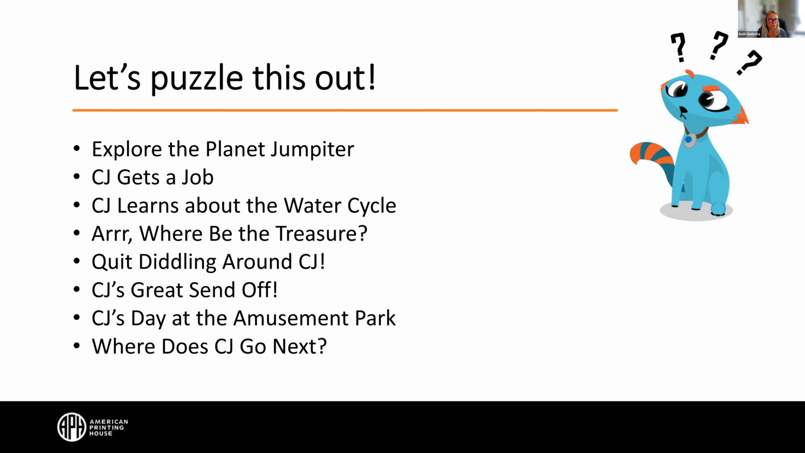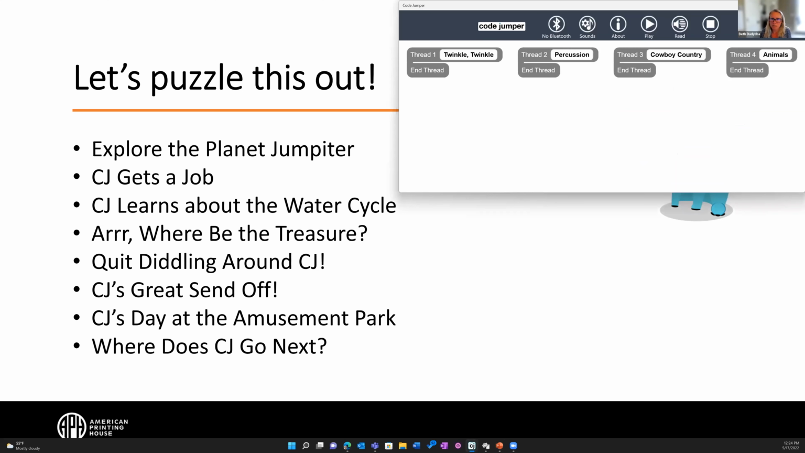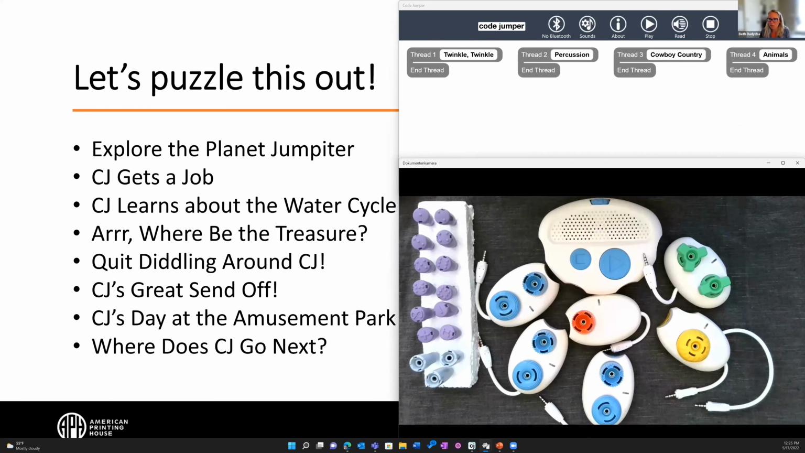So today we're going to show very quickly, we're not going to get to go in great depth about CodeJumper itself. We just want to show kind of a high level of how these puzzles could be used. CJ gets a job at a pizzeria. And Robin, do you want to... she's switching her screen for a minute, and she's pulling up CodeJumper on her